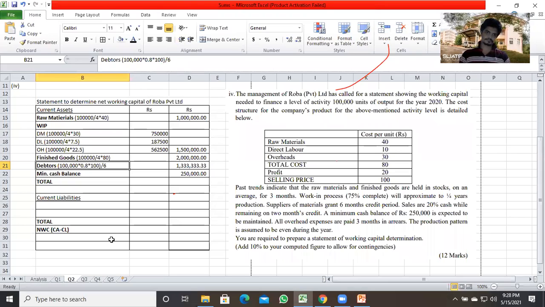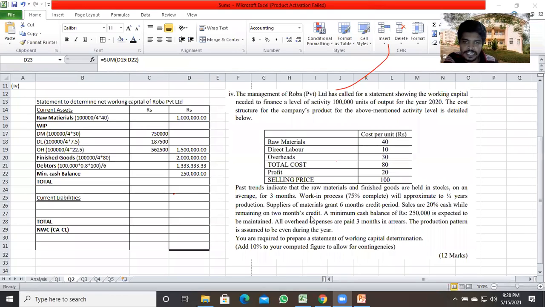Okay, that's all. Now we have calculated all the current assets. I didn't explain in English, so here is what I did. We multiplied 100,000 by 100 to get the total sales value. Like selling mangoes, if we sold 20 mangoes and the price is rupees 10 per mango, the total is 10 into the number of mangoes. That's the rationale. Then it says 20% on cash while the remaining is on 2 months credit.